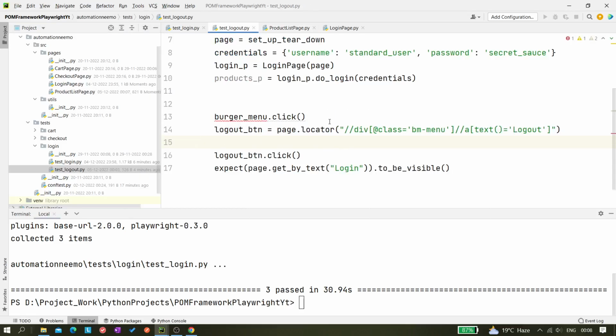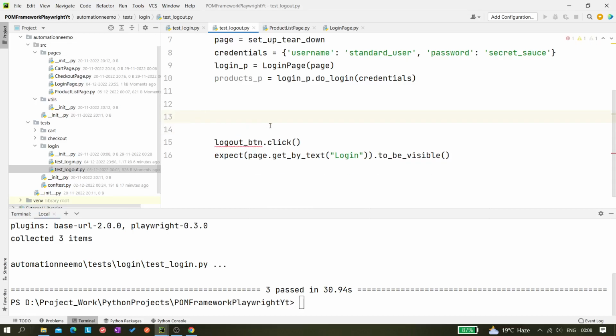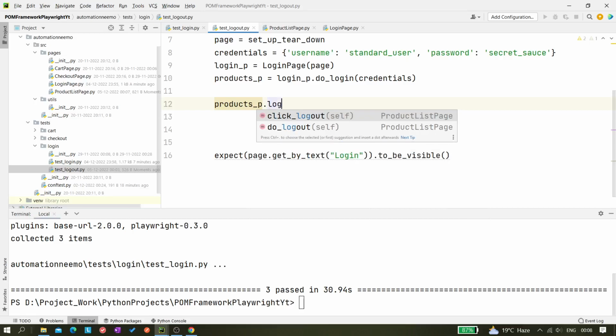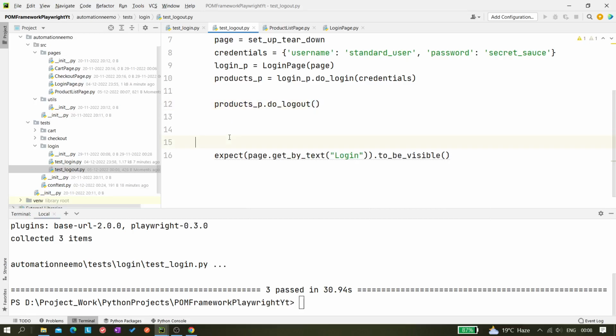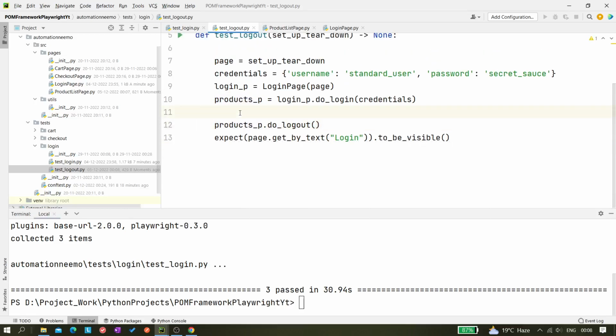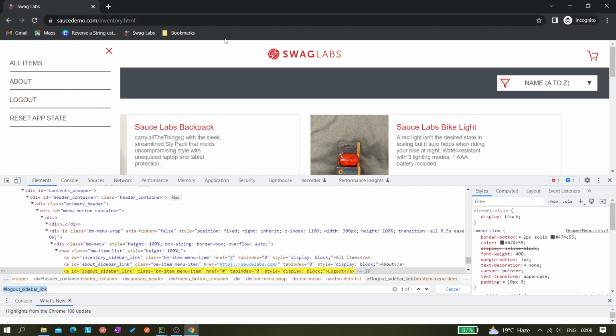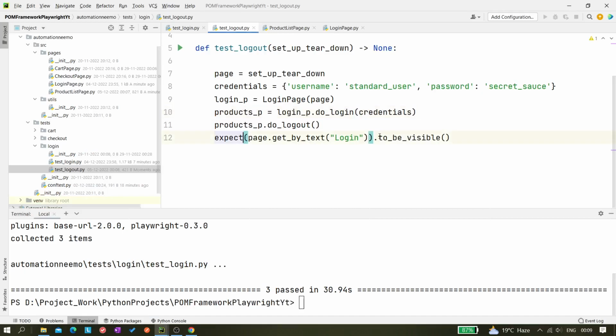Now we can use it here, so we do not need this line as well. And this logout button has also been taken care of in the product list page. Now this click operation is also not needed, because now we will be calling the products page dot logout. Next, we are validating the text again. Once we log out, it should go to the login page, right? So we have to validate something that is present in the login page. Here we are doing page.get by text login. So we can do login page dot